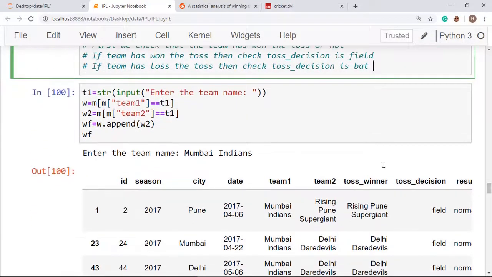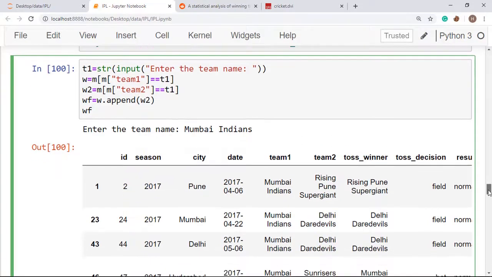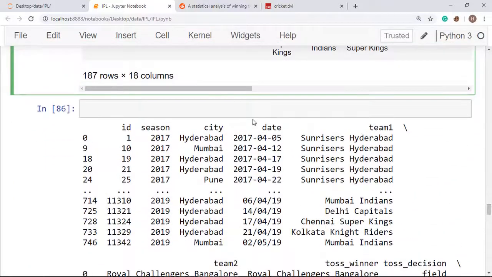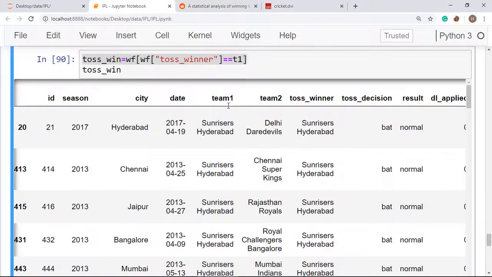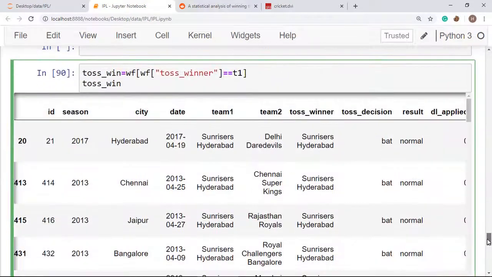What we have done here is take all those rows into consideration where that team has participated in the game. So we have chosen Mumbai Indians for our data analysis. Run this cell and leave it. Now I am creating a new data set, TOSBin, using WF.